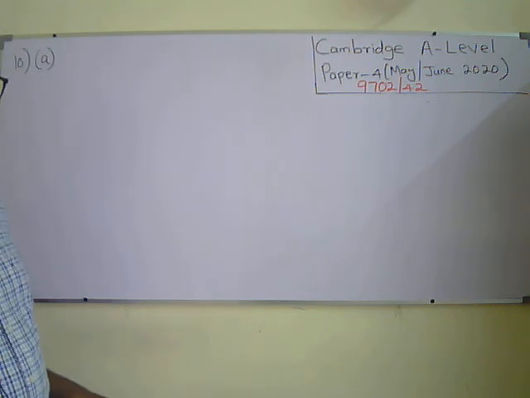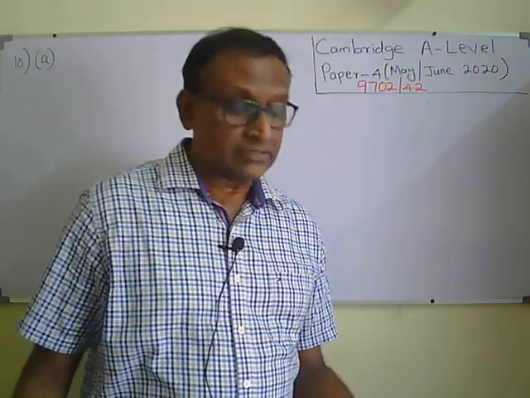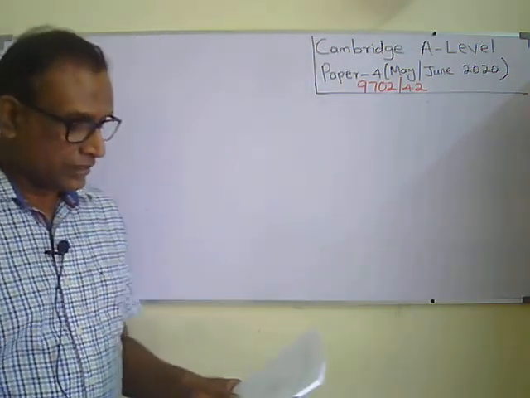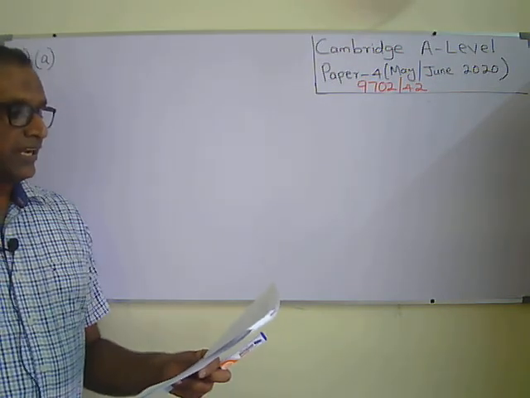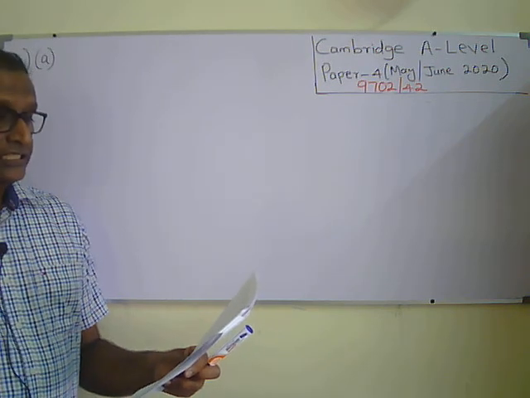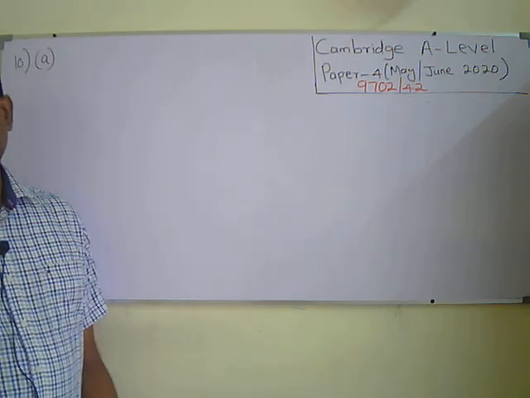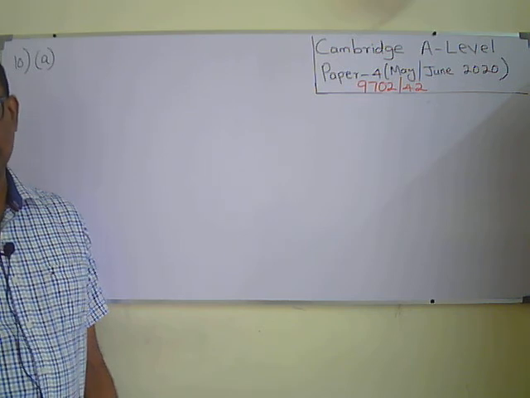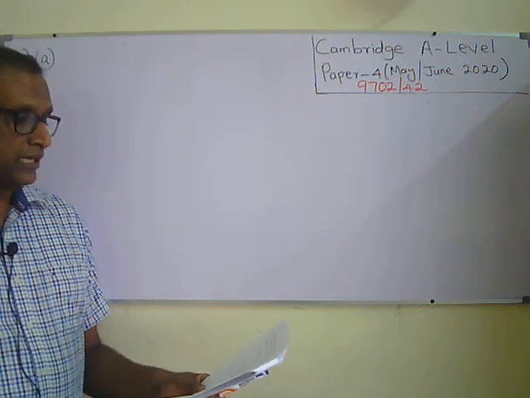Okay, question 10 is about magnetic field and transformer. The question seems to be theory. Normally they ask this question: state Faraday's law of electromagnetic induction. You know, the induced EMF is directly proportional to the rate of change of magnetic flux linkage, right? That's the answer for the A part, question number 10.